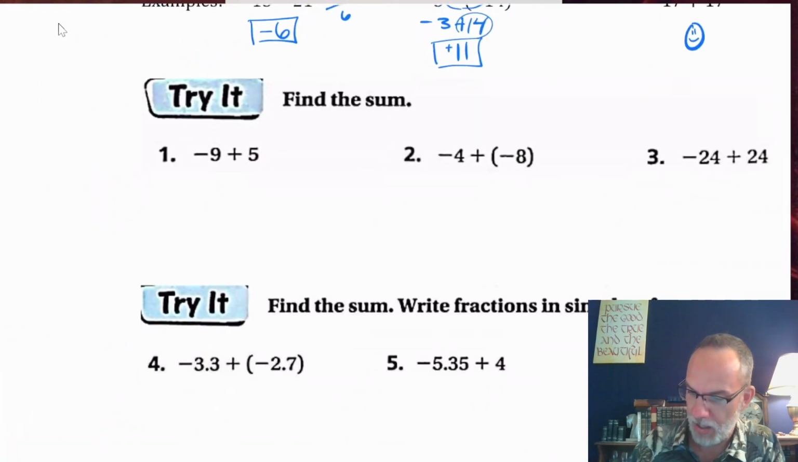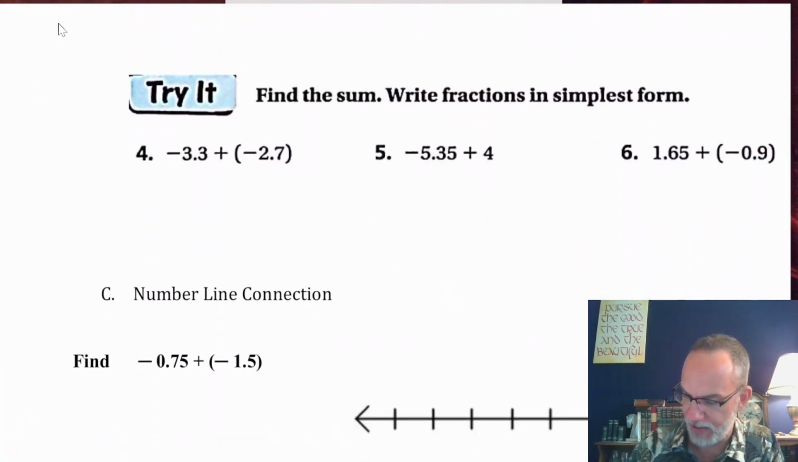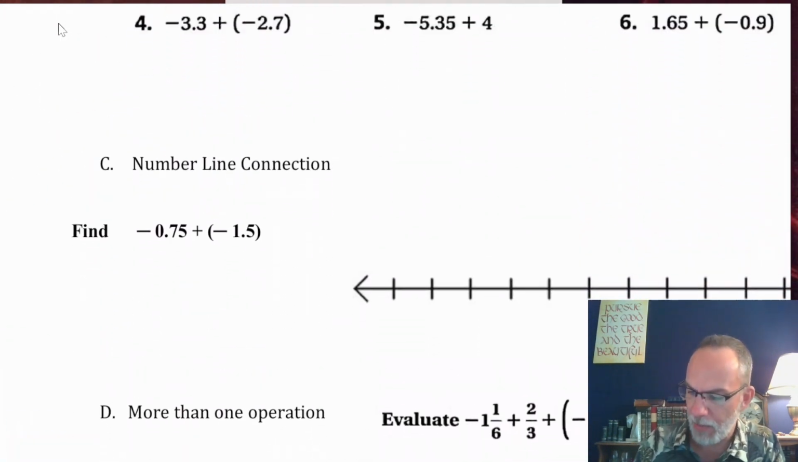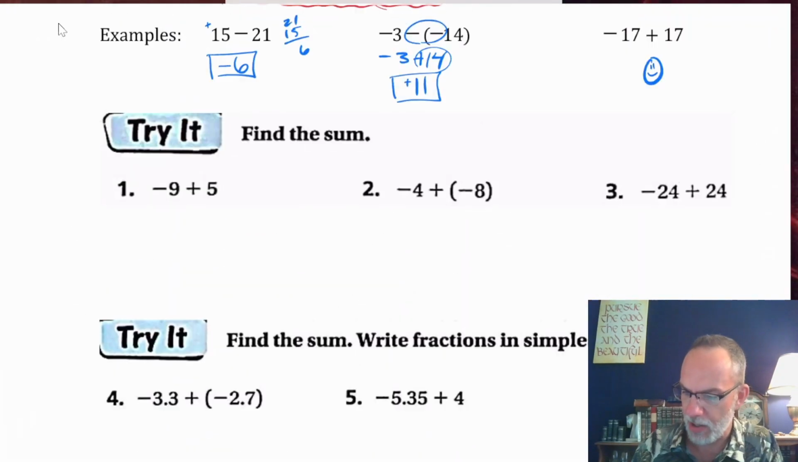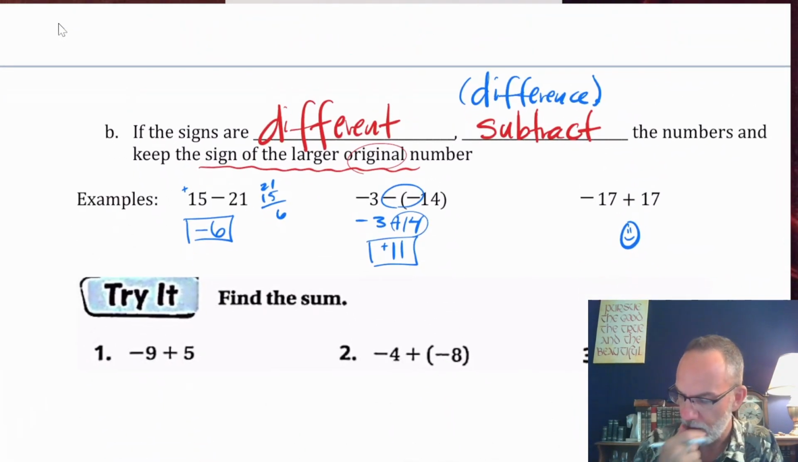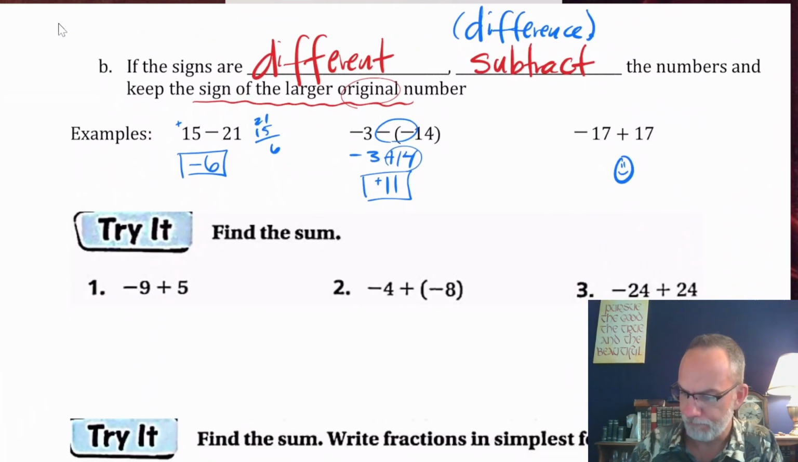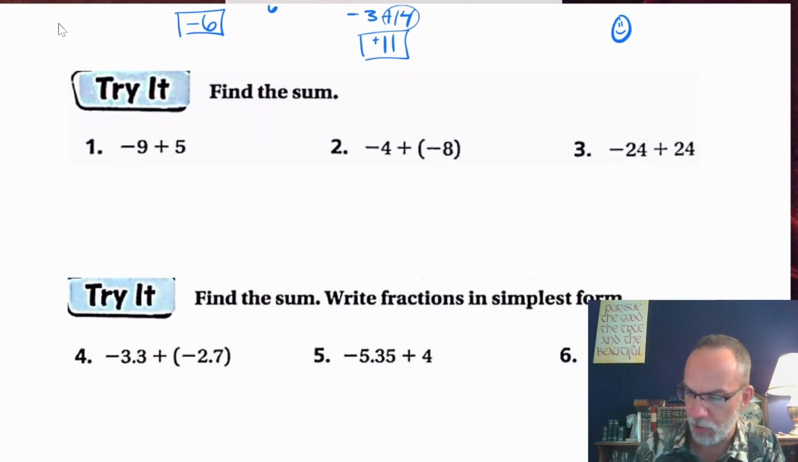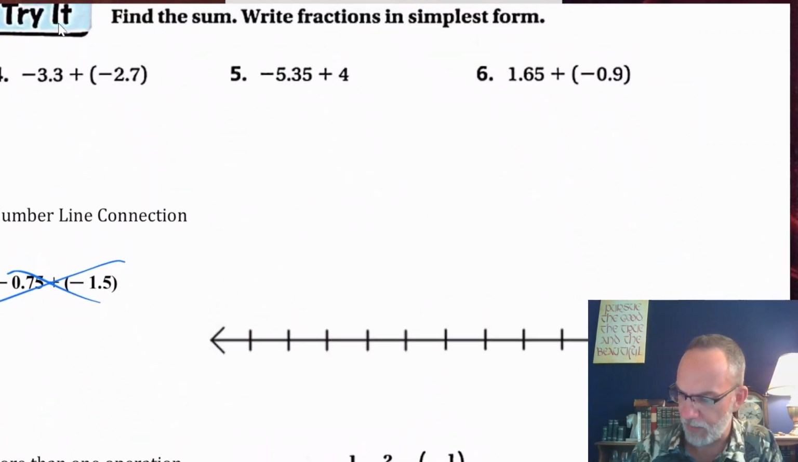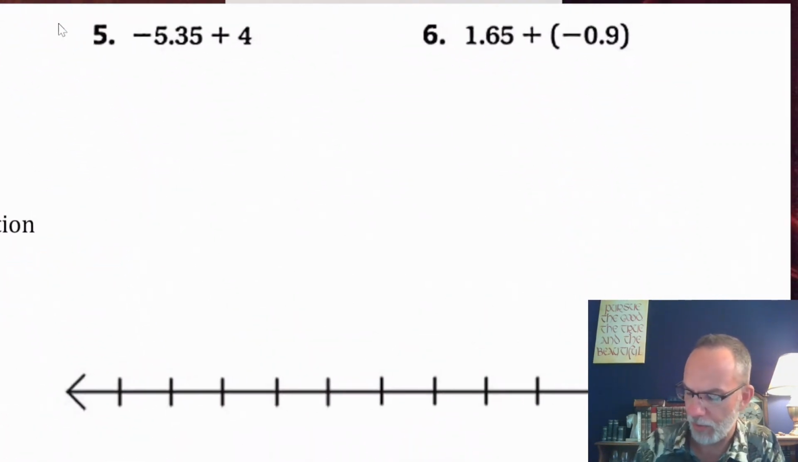So, we're going to skip the try-its. Number line connection. I'm not going to do this one on the number line connection. I'm going to go back and grab, what was the one I wanted to do? I think I wanted to do -9 plus 5. Let's do that one. So if I do -9 plus 5, just generally with the math,